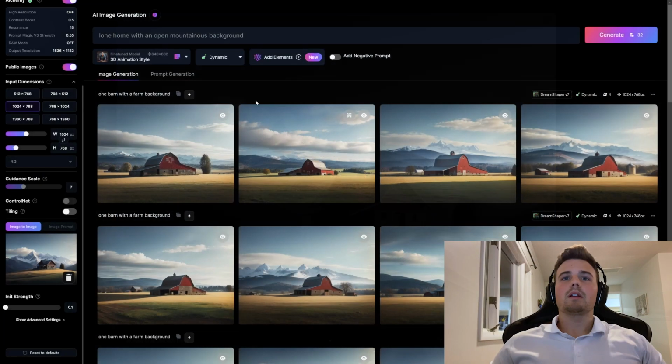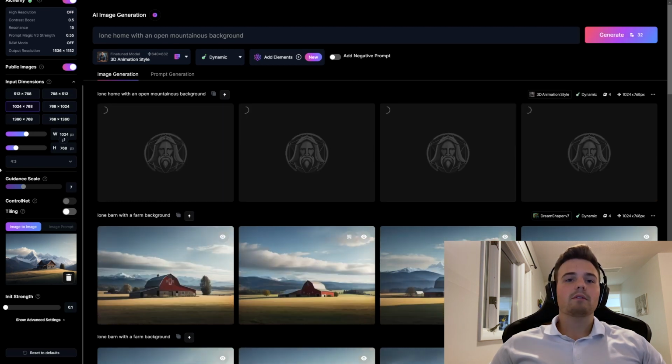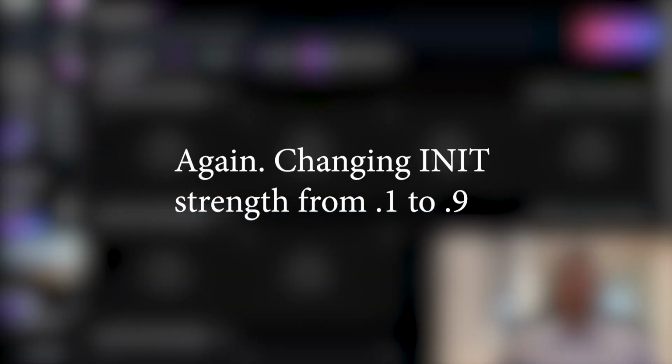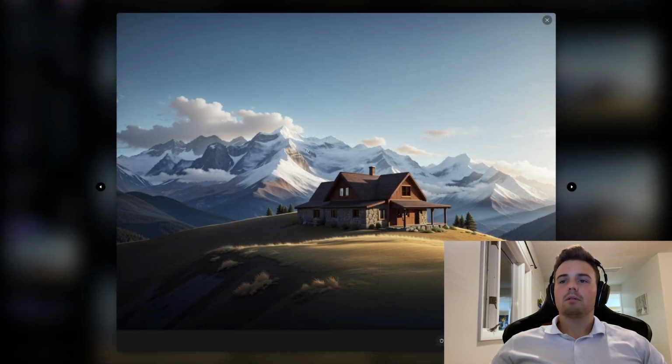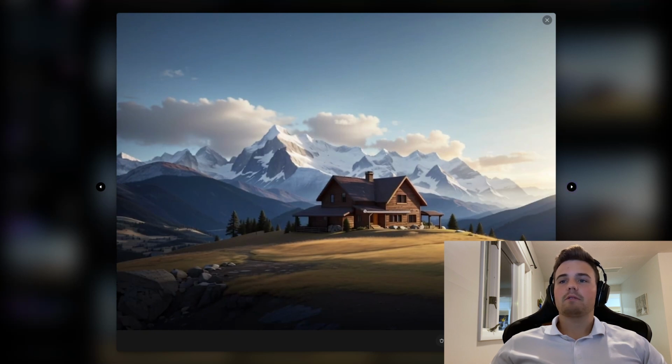But yeah. All right, lastly, I just wanted to show you what generating with a different style does to our landscape image, starting with 0.1 in its strength. We're going to be generating with 3D animation style instead of our Dreamshaper version 7. Starting with 0.1. So as you can see, it's still a very similar styling from our original image. Still got mountains in the background, but just a very different style in terms of 3D animation rather than photorealistic,